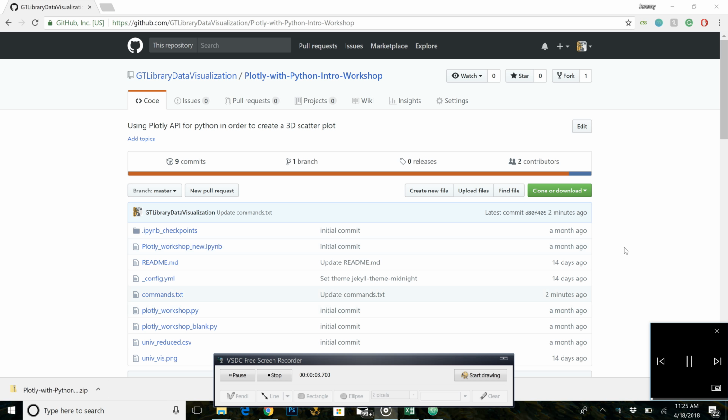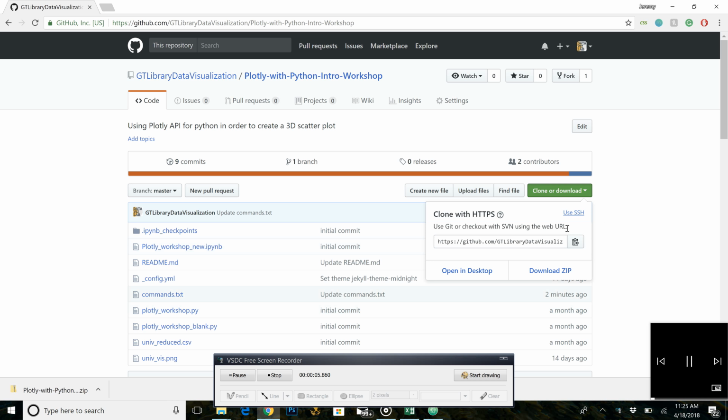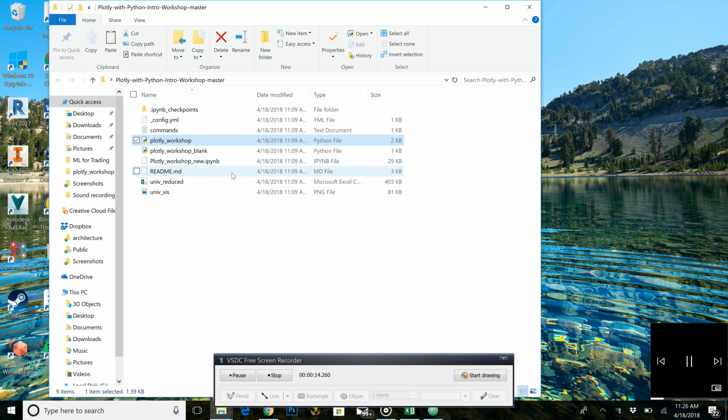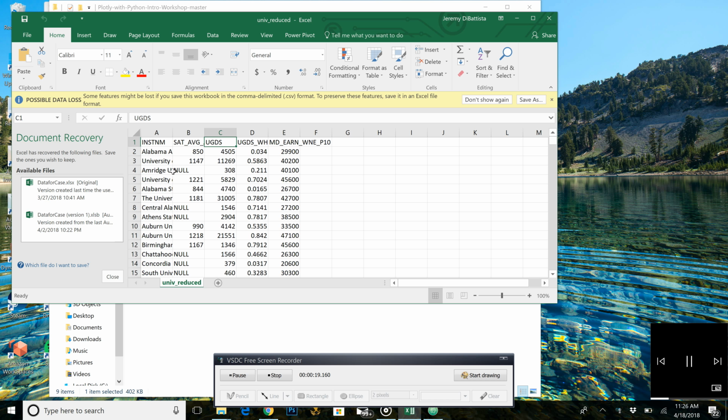Next, if you haven't done so already, download the Plotly Workshop folder at the link below and save it onto your desktop. Inside here should be a distribution of resources. You can see the universityreduced.csv file. This is the dataset we'll be working with, and it includes the name of each university as well